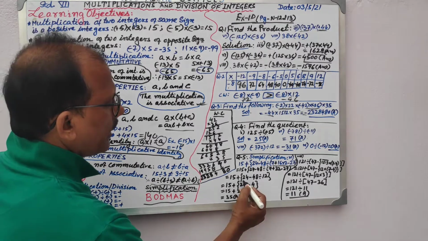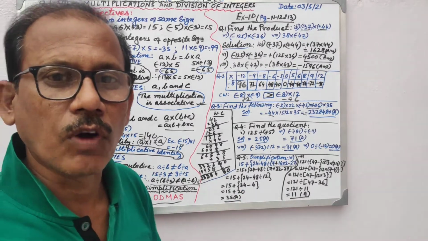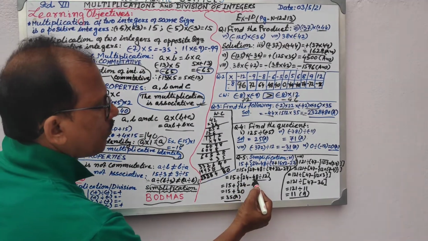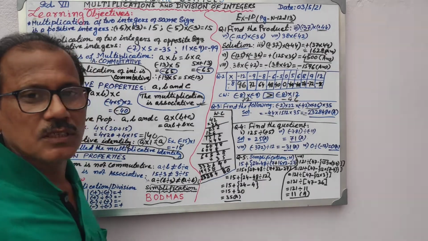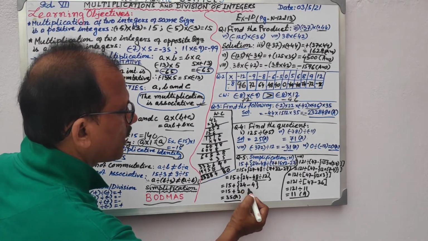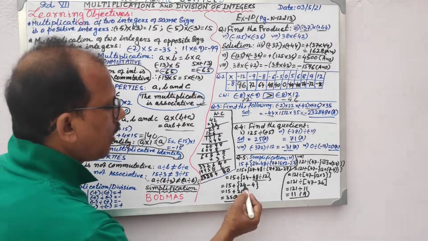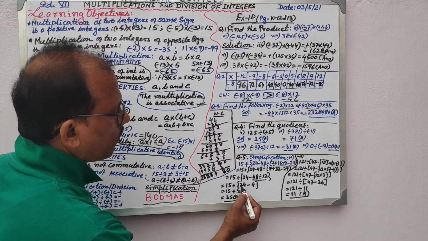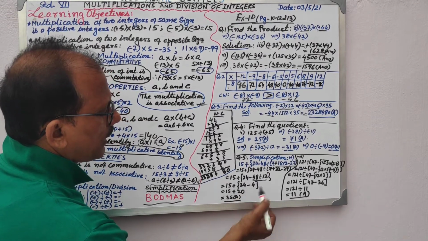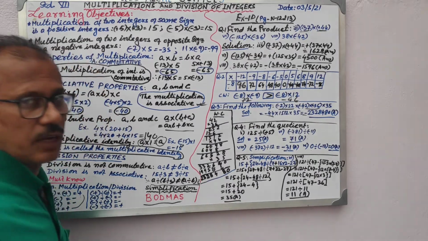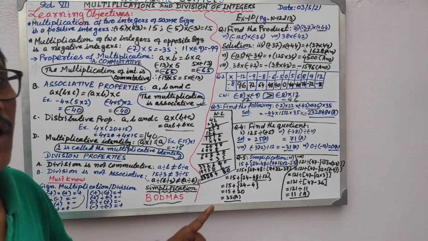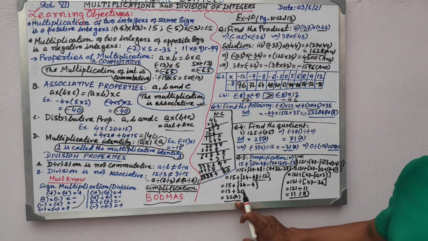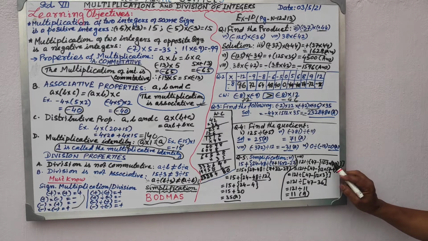Now again the curly bracket work I will do, but in the curly bracket work, what should I undertake first? First I will undertake this division work. 48 divided by 12 is how much? 4. And 24 I have kept, sign as it is. Now I have stopped that step. Now to the next step, 24 minus 4, that is 20. Now bracket work is over. 15 plus 20 is 35. You have landed at the correct answer. If you had violated BODMAS, the answer might not have come correct.